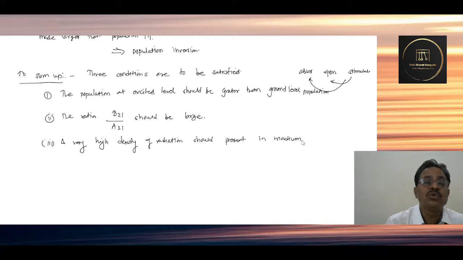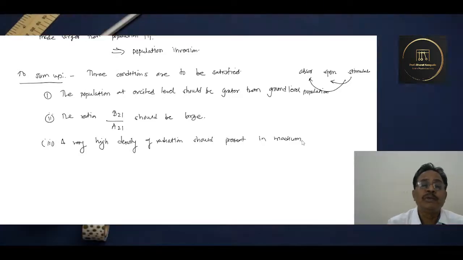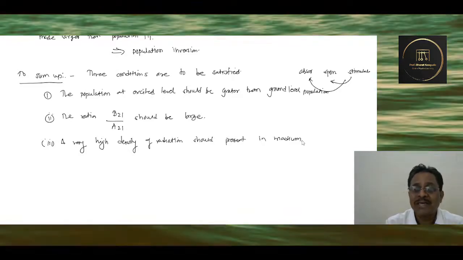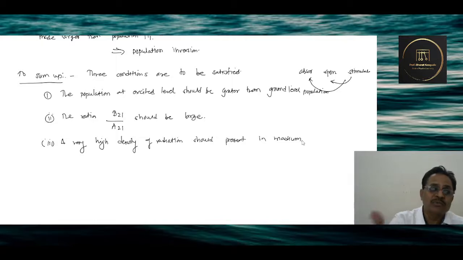So material medium, you have to choose a particular material medium which will have a large number of, and for that you will further see how to create a large radiation density of photon radiations present in the material. Then how to make this ratio B21 upon E21 larger, as well as how to make this population larger, for that action pumping is required. So in the next few lectures we are going to see further actions.